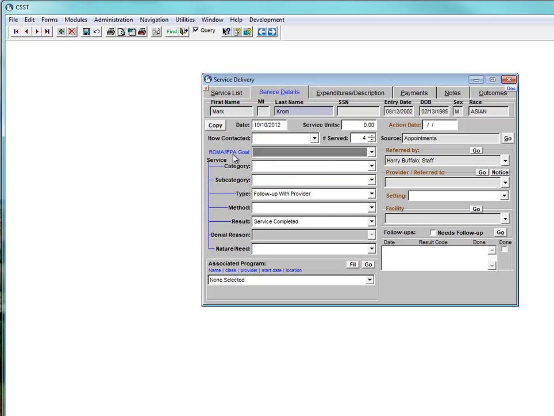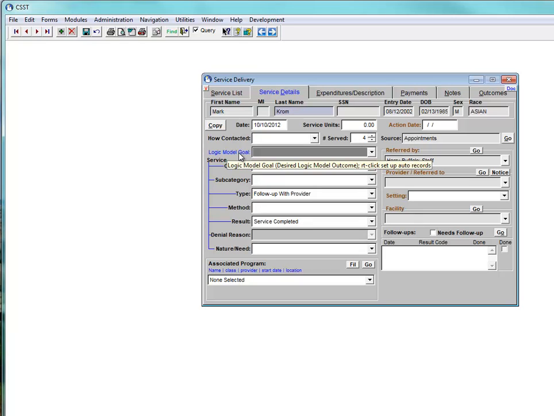So if we click on it, we see that it switches over to the ROMA/IFPA goal, and again the contents may or may not be filled in. The contents in this case, when it's in this state, are from the plans form in CSSD, which is an older means of tracking outcomes and outcome related information that very few of our CSSD customers are using these days. So in general, I think that most CSSD users will want to toggle this back to the logic model goals,